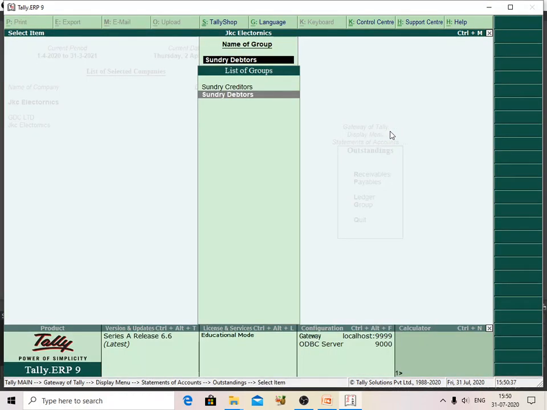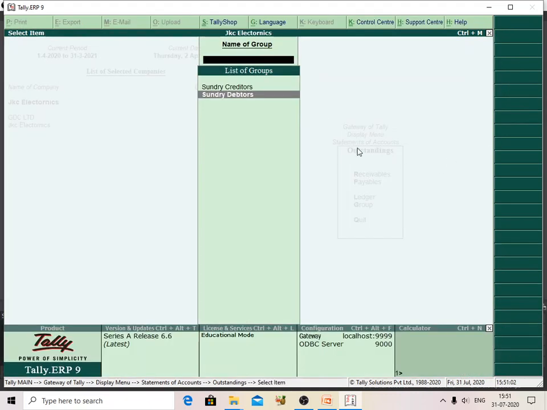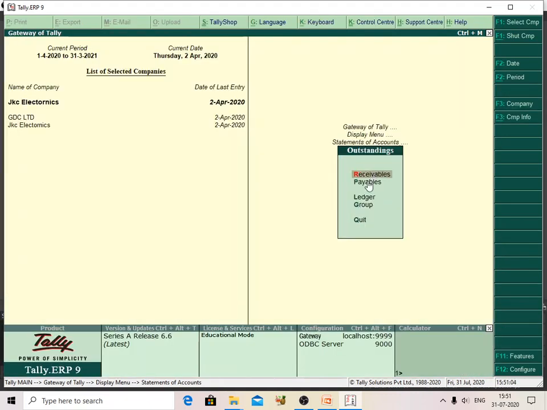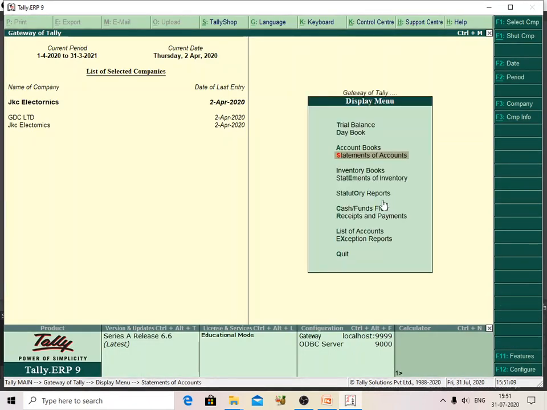So like that. After this, for Sundry Debtors, I will post the entry. I will post the entry as an advance. How can we post the entry? I will post the sales entry. I will post it as a sales entry. Okay, and if you select Outstanding, Bills Receivable is outstanding only.